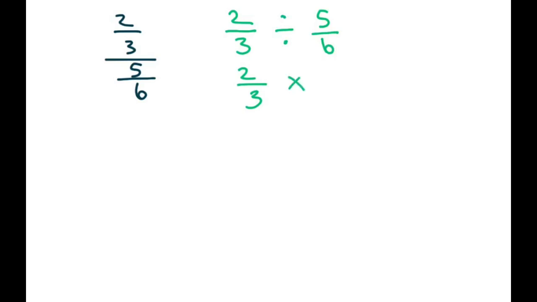You keep, change, and flip. And then you could just go, 3 goes into 6 2 times, multiply across. That would leave 1 there. And you get 4/5. But the technique we're going to use is a different technique because we're going to get